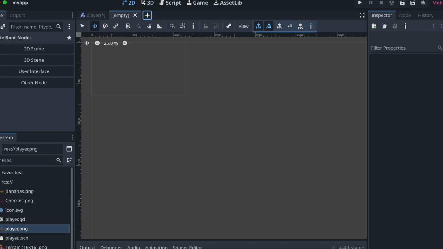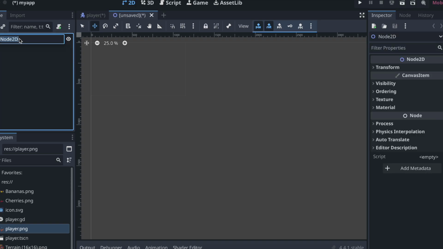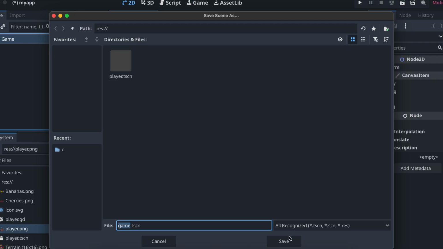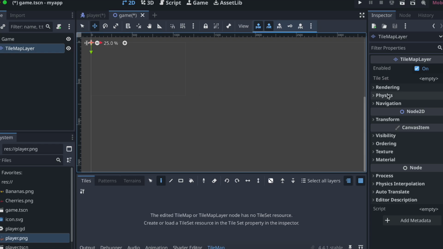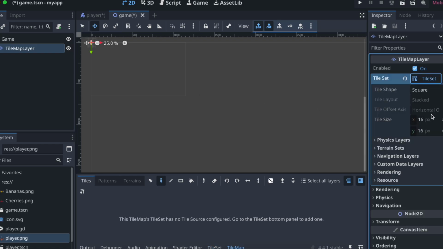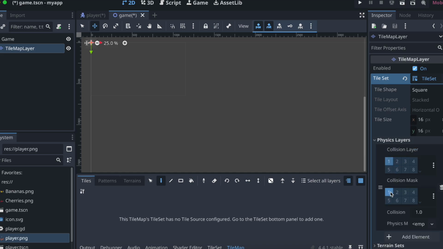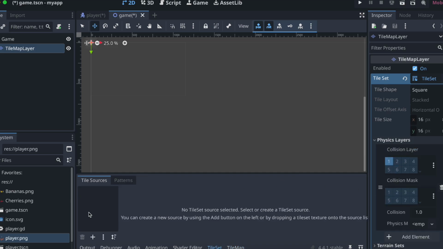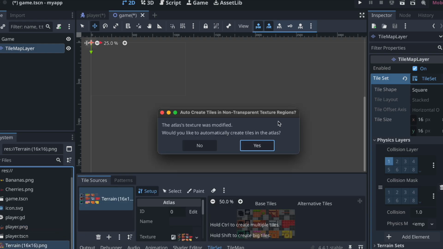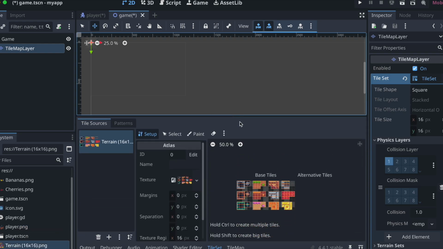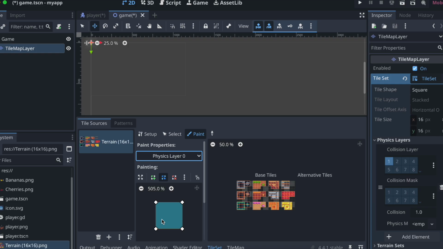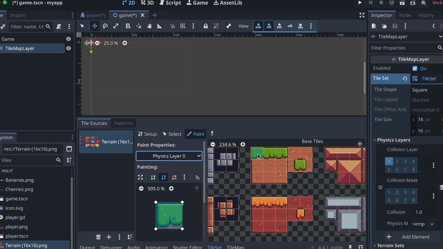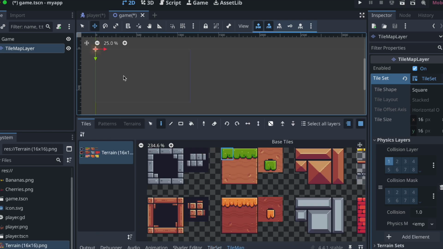Okay, then I'll just go back to 2D. I'll create a 2D scene, and here I'll just name it game. Command S to save it, and here I'll just add a TileMapLayer. Inside TileMapLayer you just need to go to new TileSet, click on this, go to physics layer, add physics element, uncheck this one, then go to TileSet. Here you just have to drag and drop it over here, click on yes. Okay, then just click on paint, select property editor, click on physics layer 0, just zoom in and select the ones which you want to paint, then go to TileMap over here, select the one, and here now this